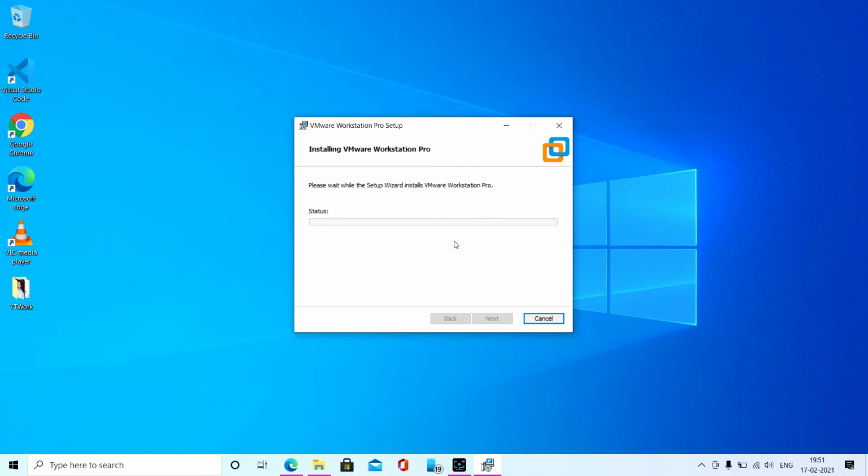Basically it will take 5 to 10 minutes, but in some cases it requires 15 minutes as well. It will take some time to install.